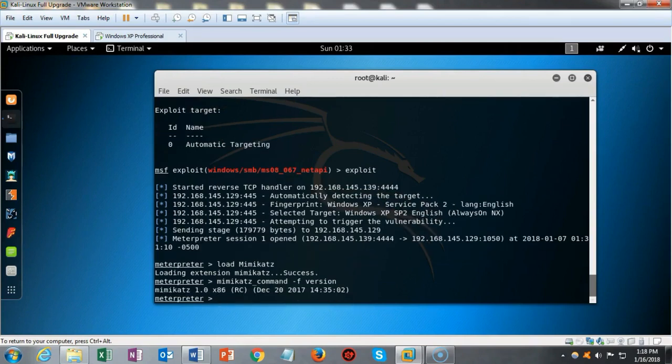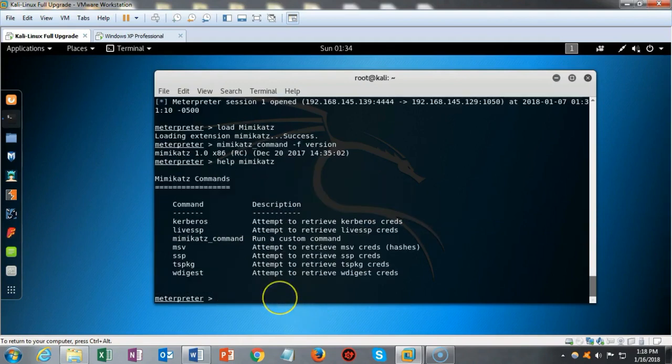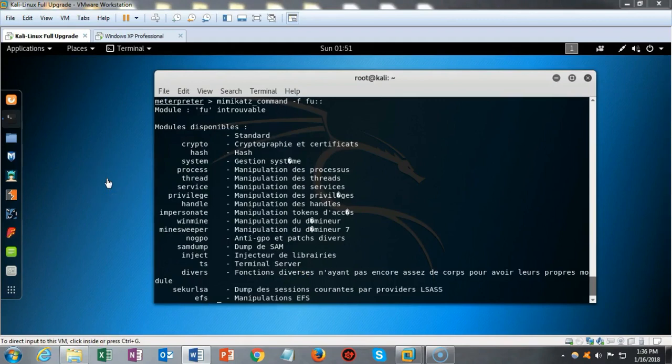and it comes back letting me know the following version is. To find out what options are available for password cracking in Mimikatz, we can use the help command in conjunction with its name. So it's help mimikatz. I'm going to go ahead and hit enter. It comes back letting me know that the following options are available. To see what commands are available with Mimikatz, we can type in the following at the prompt. mimikatz_command -f fu::